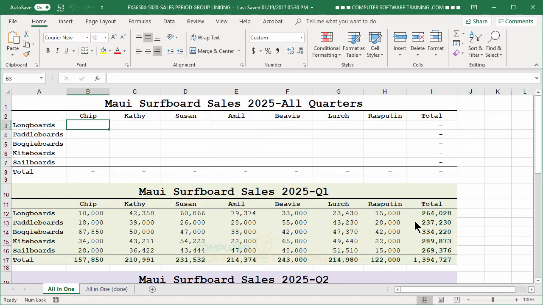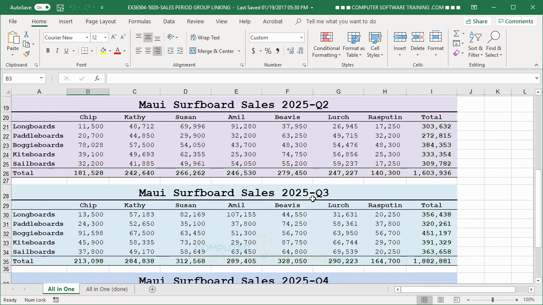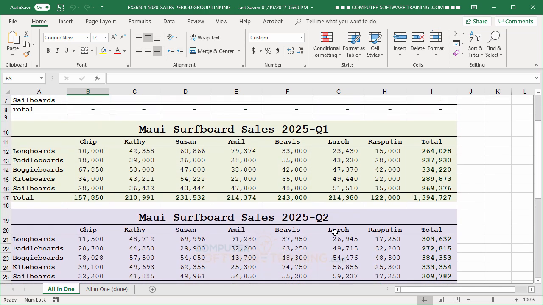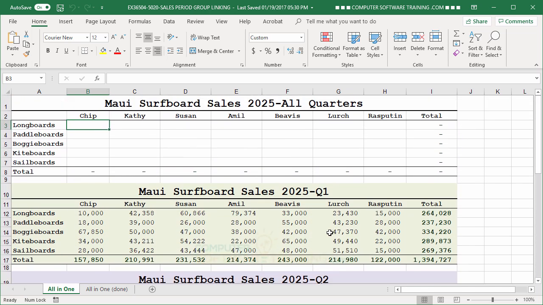Okay, now in this scenario here, what we've done is instead of having each of the sets of numbers, like the quarter 1, quarter 2, 3, and 4, being on their own sheets like we saw earlier, we've actually consolidated them all onto one sheet. And some of the advantages